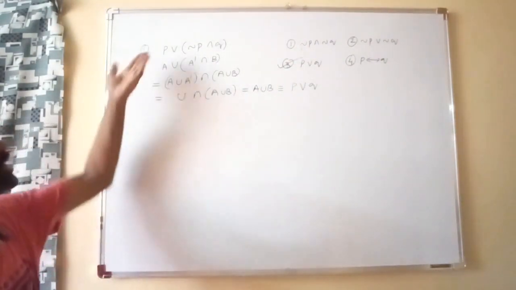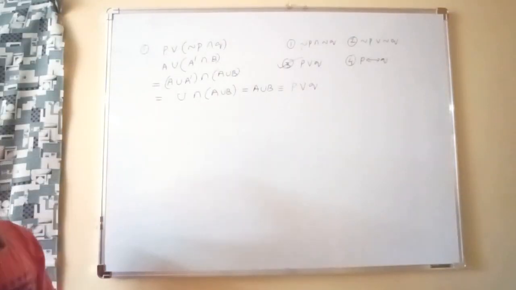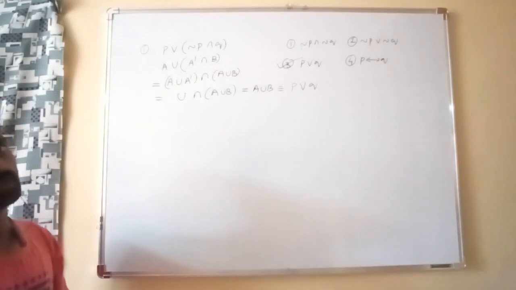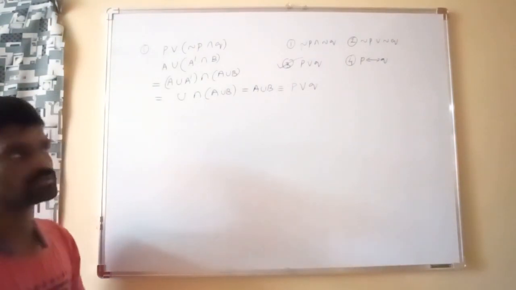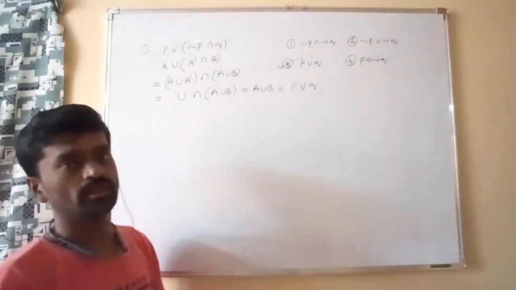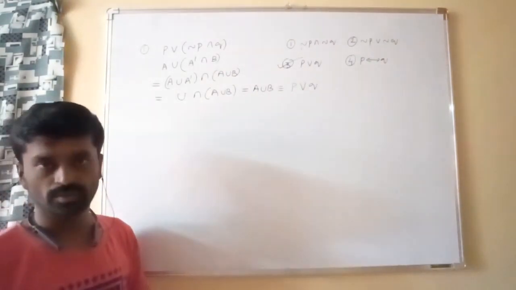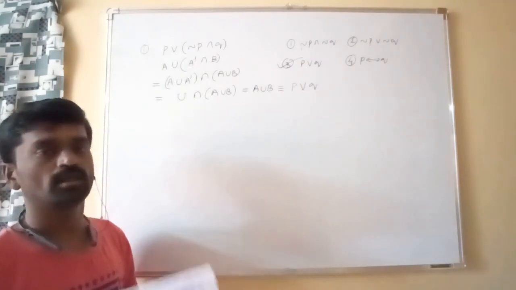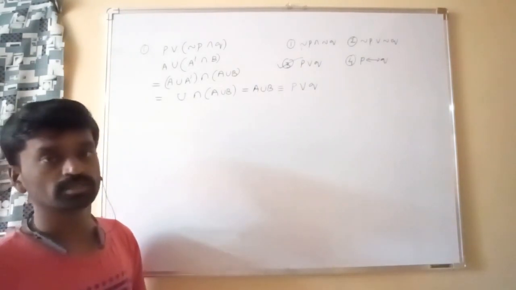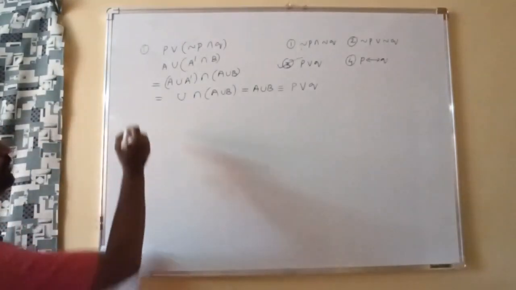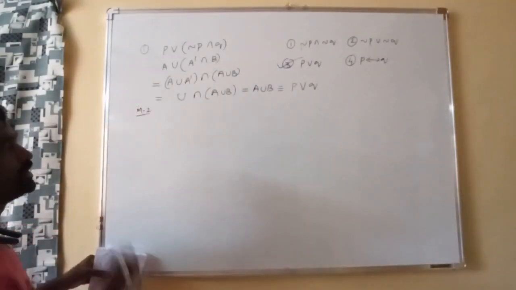Just convert into set theory form, and you already know the set theory formulas. So just apply those formulas or properties, and you will get the answer, and just replace. Already in the second part I have given: or means union, and means intersection, negation means complement, tautology is nothing but the universal set, contradiction is nothing but the empty set. Or you can use method 2, the verification method also.